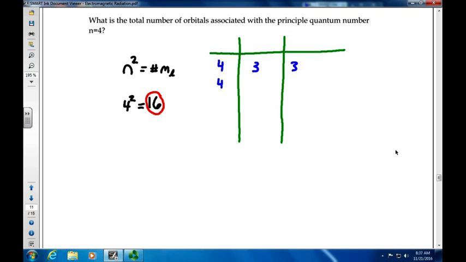When N is 4 and L is 3, M sub L could be 2. When N is 4, L is 3, M sub L could be 1, and so on. When you go through each of these,